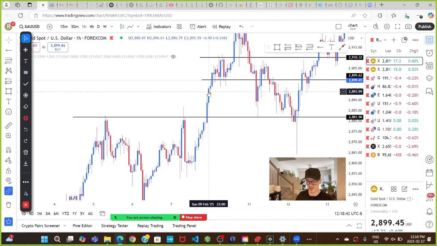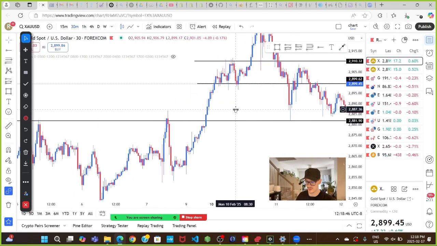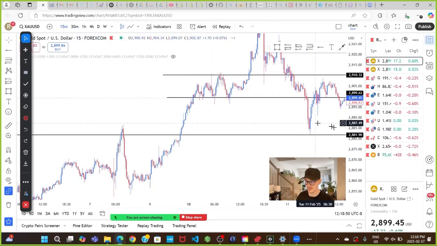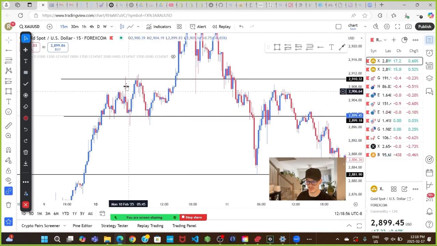Nothing, no structure printed. London session on the 1 hour, dropping down to the 30-minute. Not a lot of structure. So you have to wait until you do get that structure here to see how you can execute the market. So here's your kind of high and low, 29.10 and